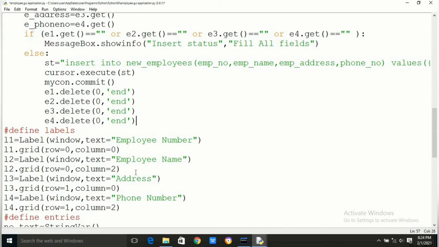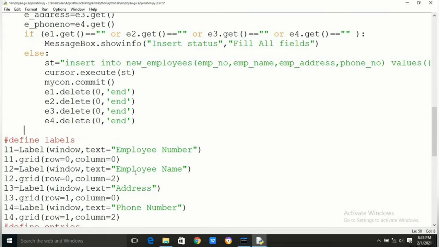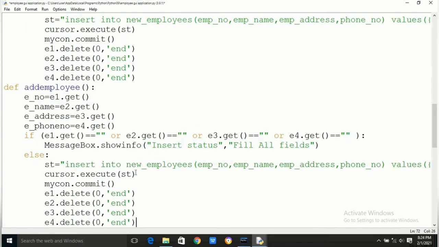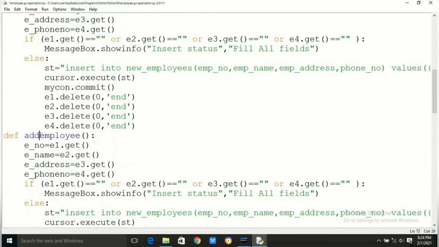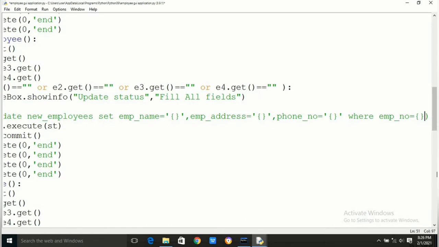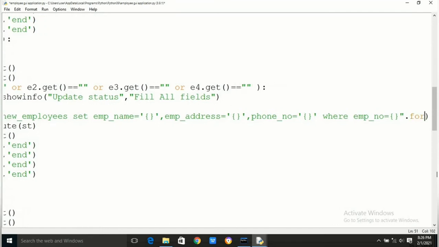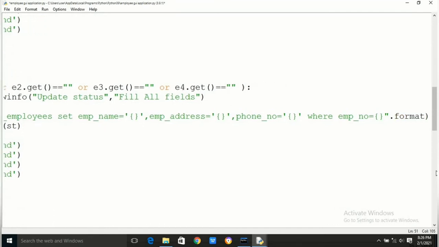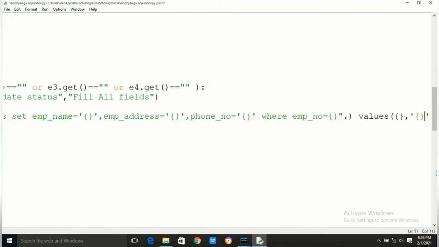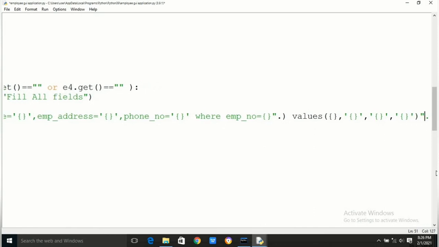We have to change the function name. It will be update employee. The message info will also change. It will be update status and we have to fill all the fields. The query to update data in a table is update table name set field name is equal to, if it is a string then you have to put curly braces and single quotes will be there.